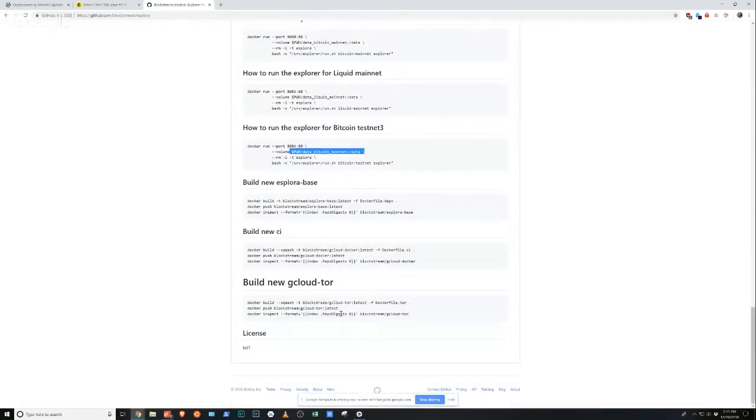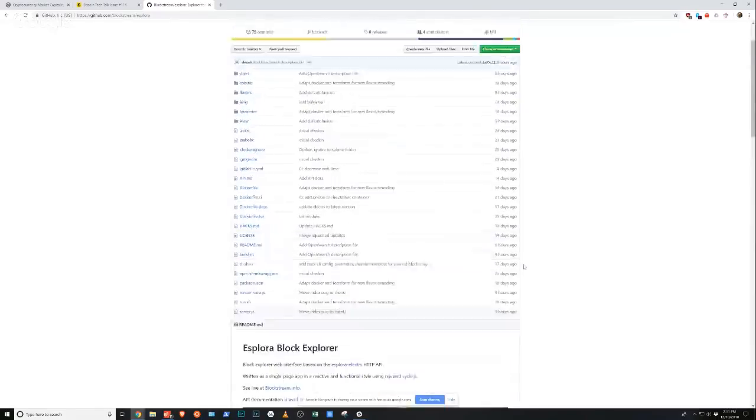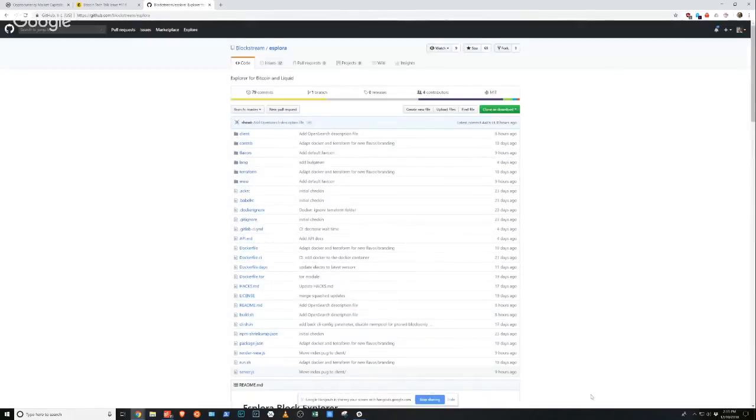So anyway, this is a really cool project. And if it's pretty easy, I think what I'll do is have a video just showing you how to run one of these. I do get requests a lot to, hey, how do I set up a full node? A full node isn't that interesting unless there's something that you can use to look it up, or if you're using it, obviously if you're using a Core wallet or something like that, then a full node is very useful. But this is, I think, a very good application of using it,